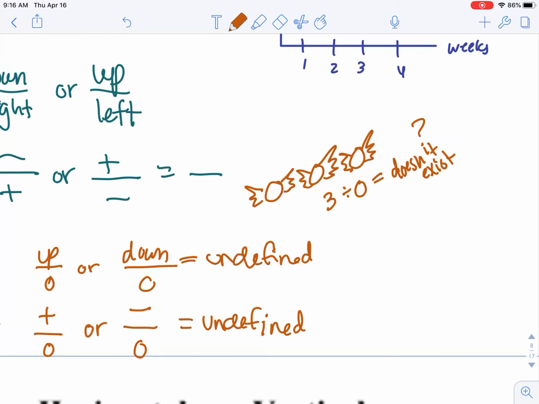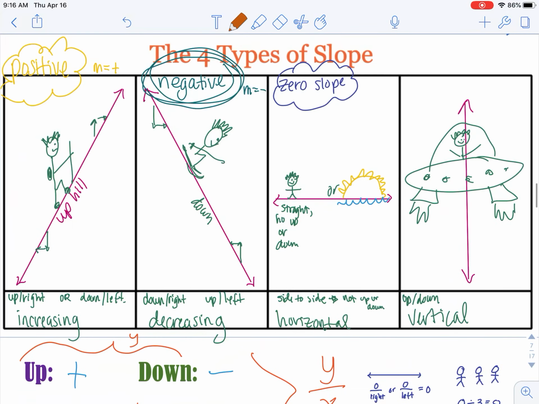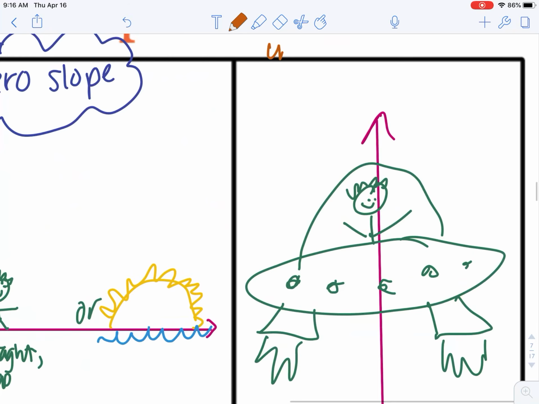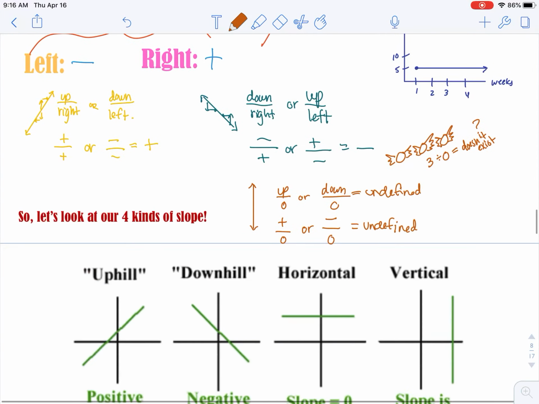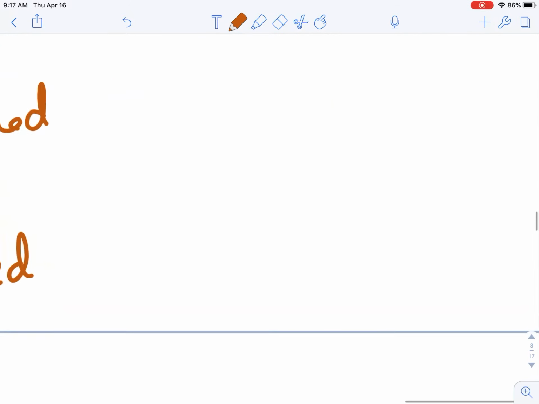But I have 3 pieces of candy and no friends. I can't say how much each friend has, because the friends aren't there. They don't exist. All right? And so this is called undefined. Undefined is the same as don't exist. We call this undefined slope. The slope doesn't exist. And I'm going to give you an example right now of what I mean by the slope doesn't exist. If I have a graph,